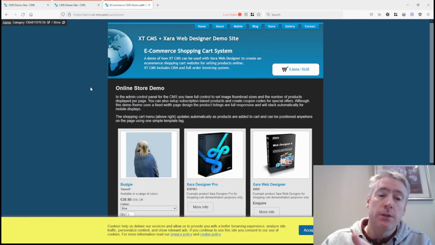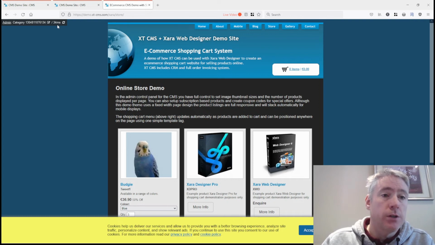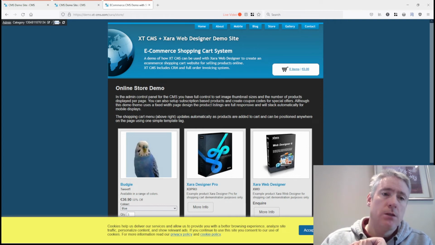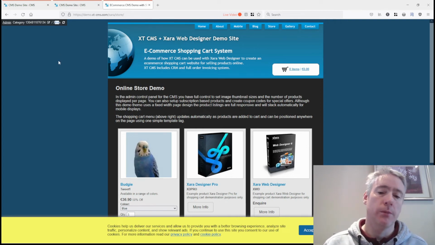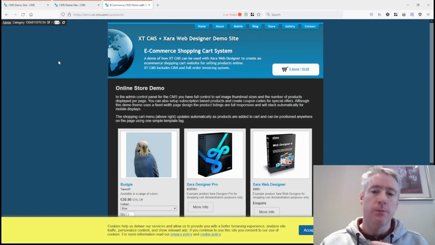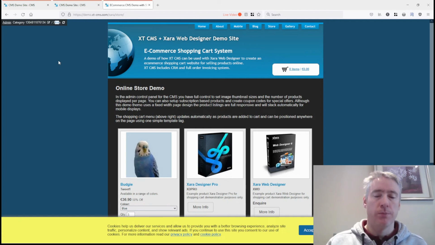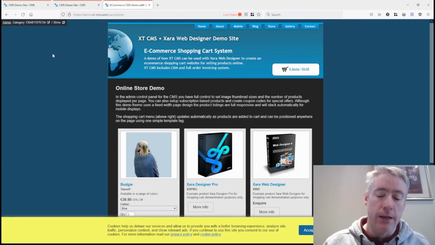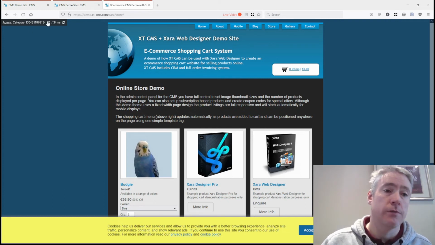Now, if you're the main admin user, or if you're logged in and have permissions to update themes and templates, you'll also get this information here, which shows you how long this page has taken. The response time for the page, basically, on the server side. Now this doesn't include the client side timing of displaying the images through the browser and stuff like that. This is just purely how long it took the page to process on the server before it was sent to the client. So it's more to do with the server side and the data that it's handling and pushing out. So if you have cache enabled, this will be much faster as well.